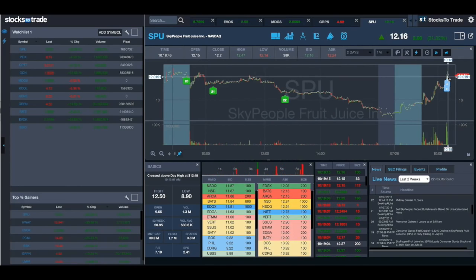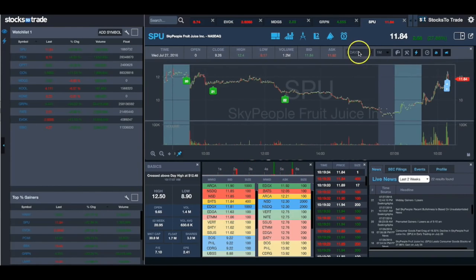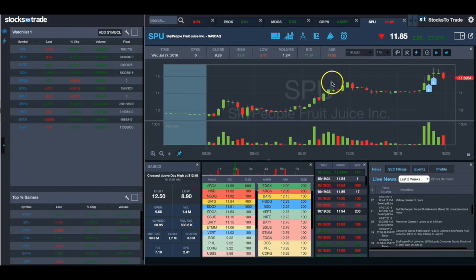And I know some people say, oh, you should only judge yourself based on your actual trades. For me, I always try and learn from what I did right and what I did wrong. I'm always refining, I'm always learning, and I think that's a good way to be. So when I buy SPU and I'm dead on right, even if I sell a little too soon, I take that as a very positive thing. So let me just show you,